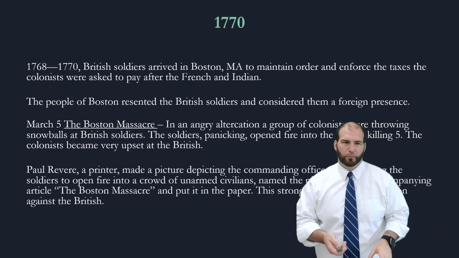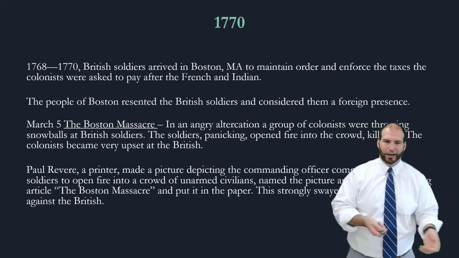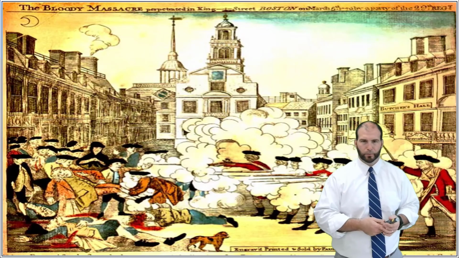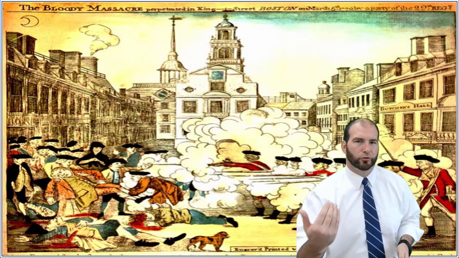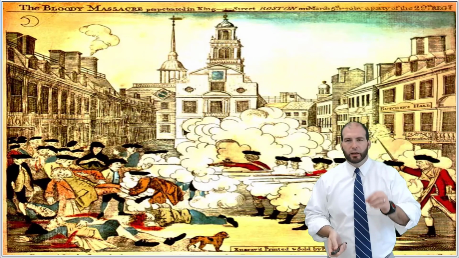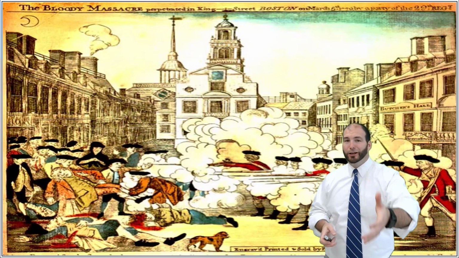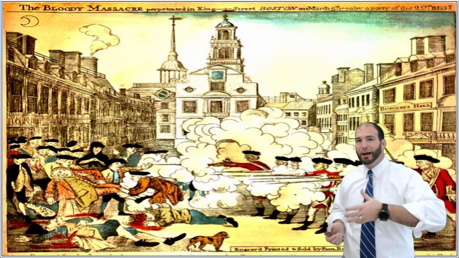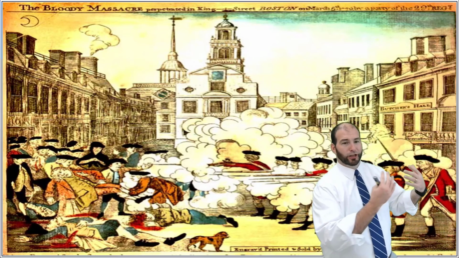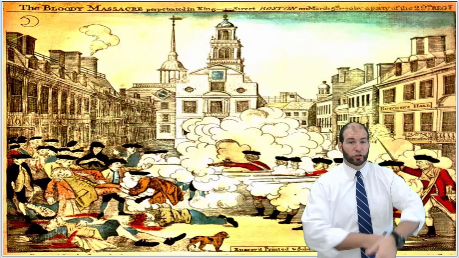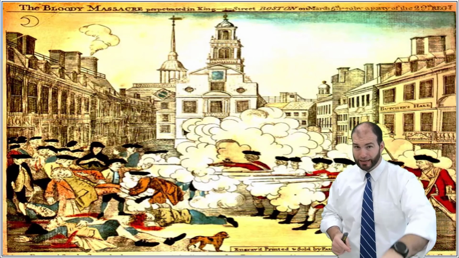There is a guy named Paul Revere, all right? He's in charge of the newspapers, and he draws a picture. This is the picture that gets put in the newspapers that circulates the country. This picture is not factual. You got the commanding officer standing behind his men, ordering them to fire on these people dressed in their Sunday best. You got a puppy here. This looks like an execution. And he calls it the Boston Massacre.